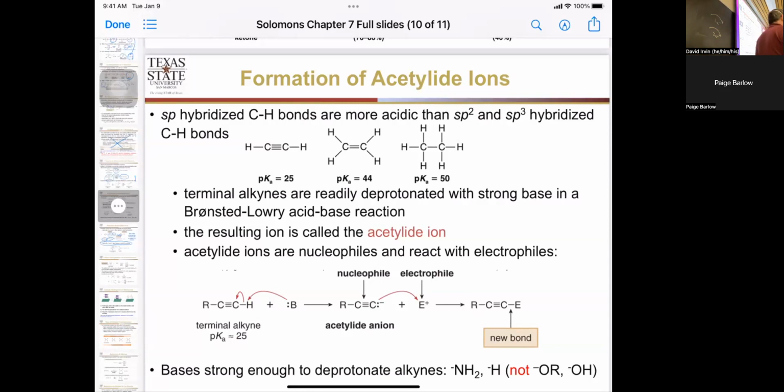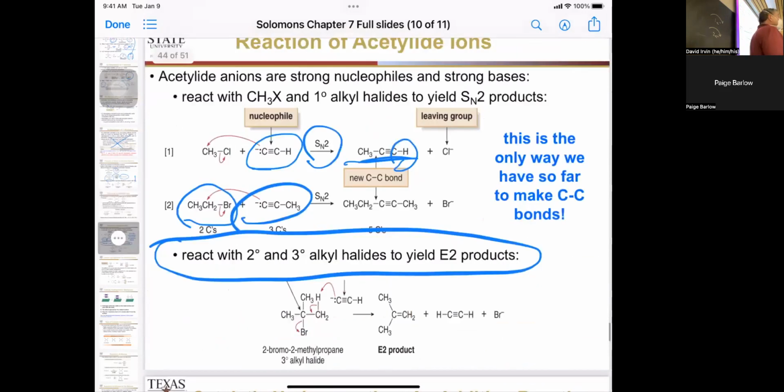So now we're going to finish up chapter 7, which is basically stability of alkenes, naming alkenes, E and Z, and alkynes, right? And so we started with alkynes on how to make them. We figured out we can make them with either geminal or vicinal dihalides if we use a very strong base, like t-butoxide and/or sodium amide. But then we also figured out that we can use sodium amide to remove the proton and turn it into